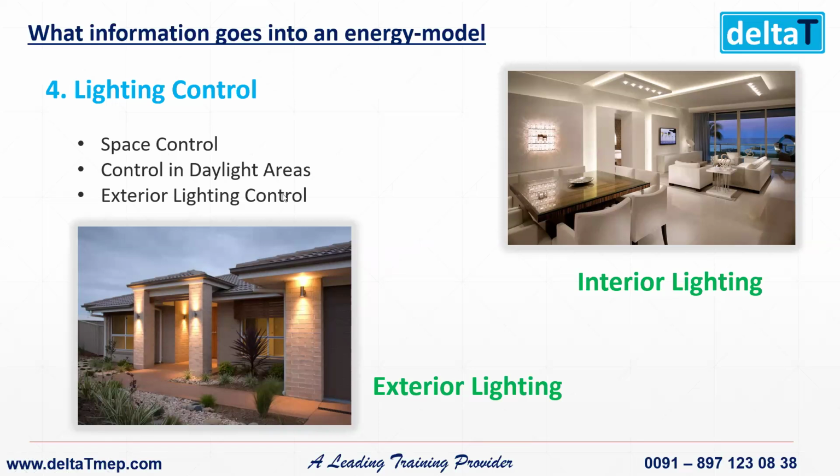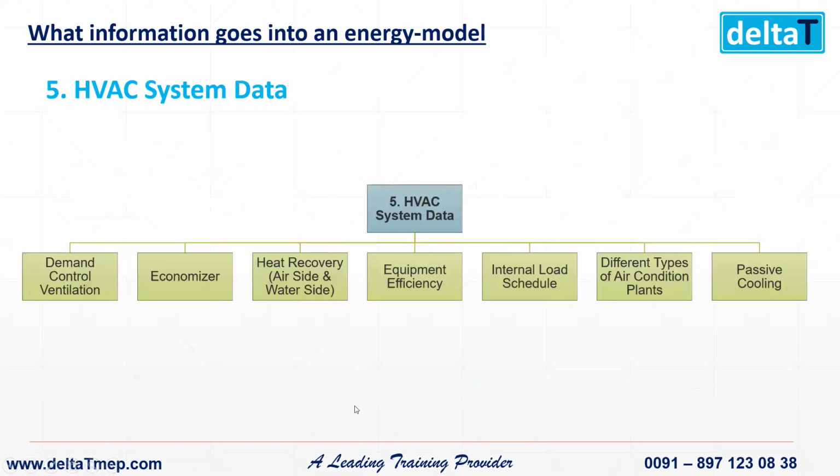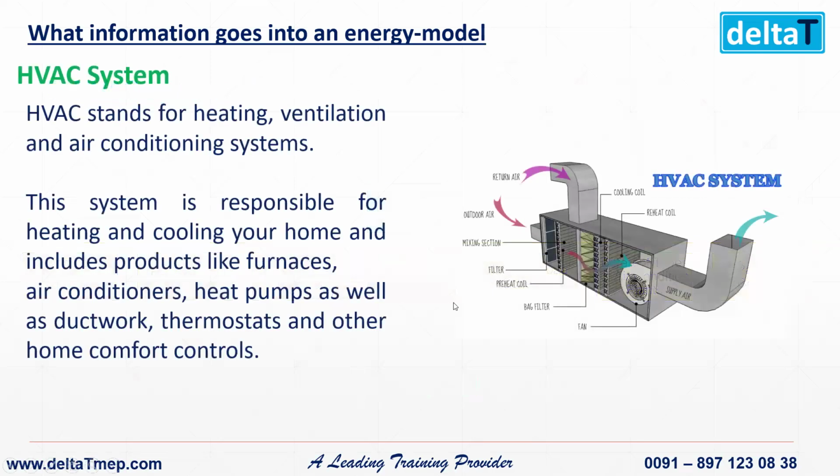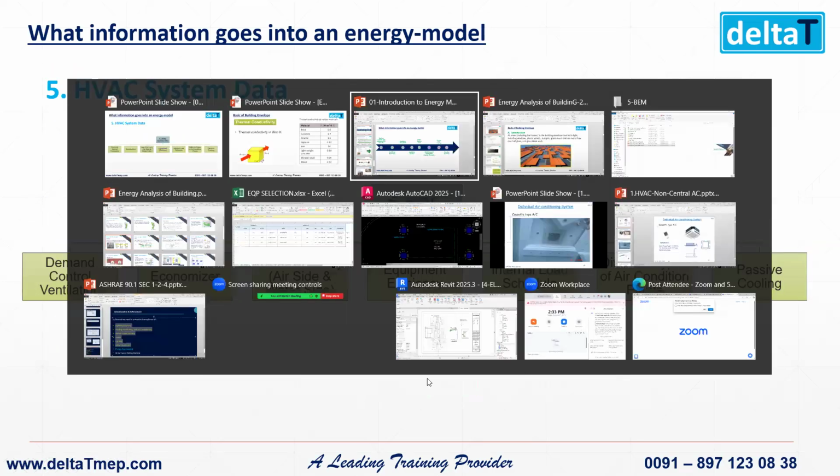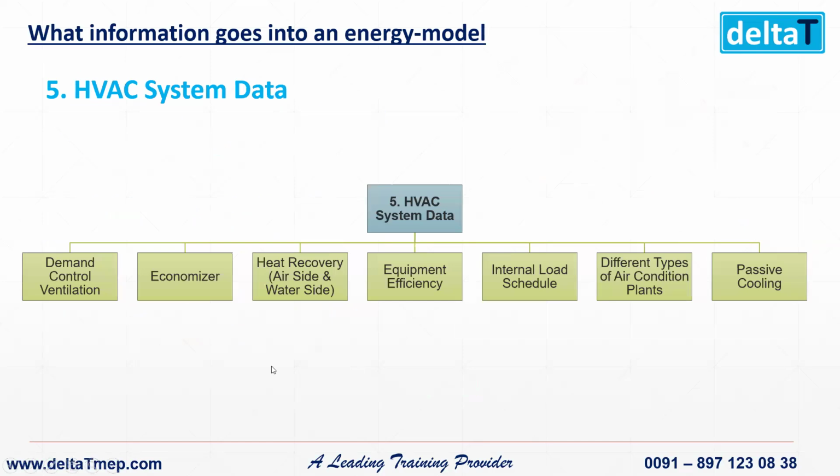Then control in daylighting areas. It means if it is day, it should identify whether the clouds are there or not, and operate based on that. And exterior lighting control. Of course, we also have HVAC system data. So in HVAC system data, if you see here,